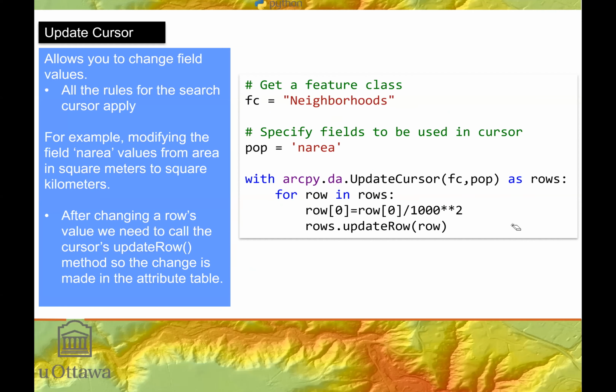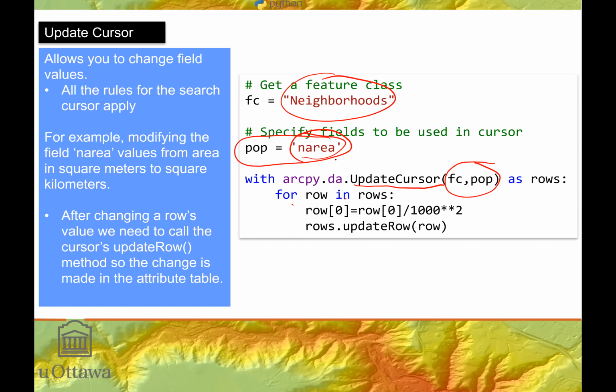Next is update cursors. So update cursors allow us to update existing data within the table, whether that's geometry or attributes of a field. Here's an example. We get area, I should say neighborhoods again. Pop is an area. We're not using an SQL, so there's no SQL being used here. And we say with arcpy.da.UpdateCursor, and it's the same arguments, feature class and the name of the field as rows. And then for row in rows, I say, okay, row 0,